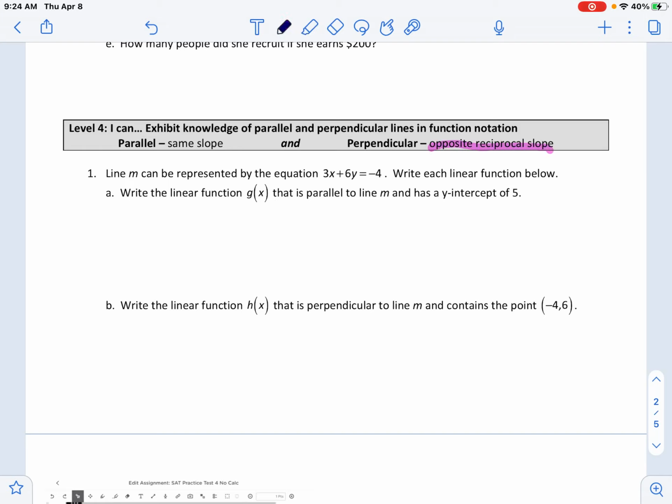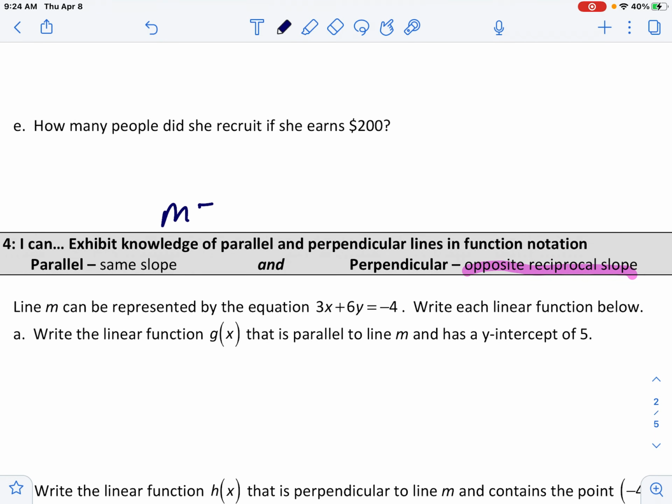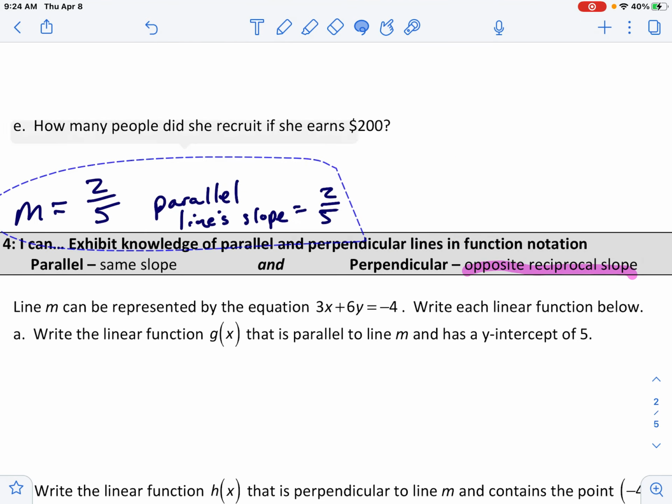So what I mean by that is, let's say, for example, a problem gave you an equation that had a slope of 2/5, okay? The parallel line's slope would also be 2/5, right? Parallel lines have the same slope, okay? They go up and over the same exact way. That's why they never run into each other. The perpendicular line's slope,